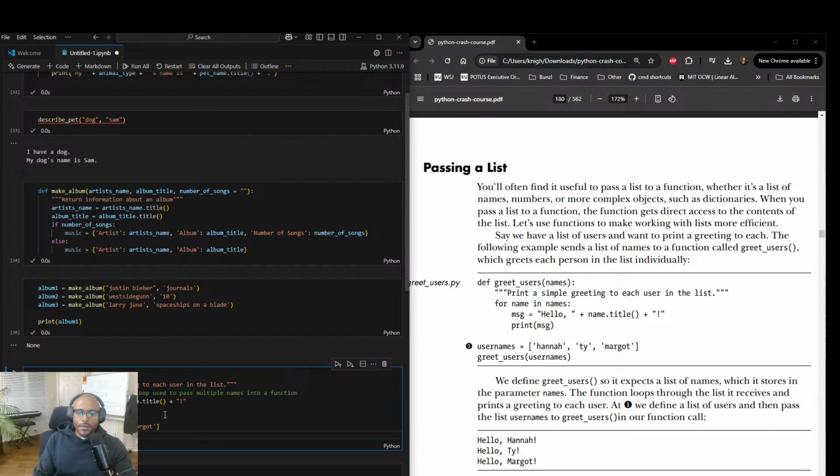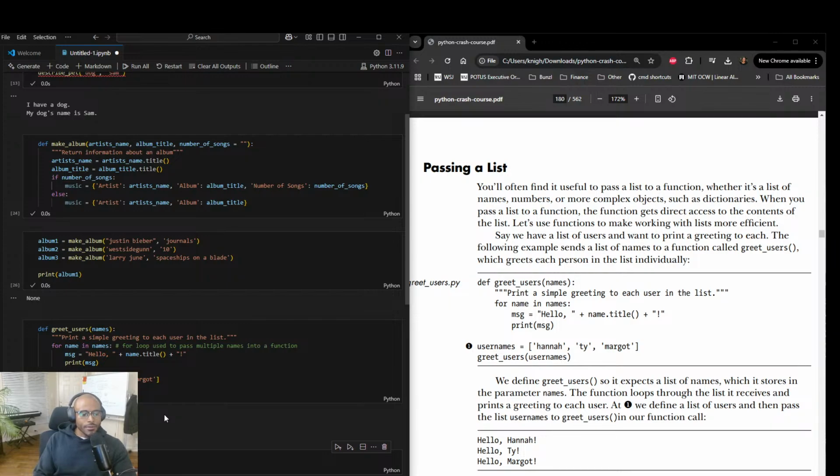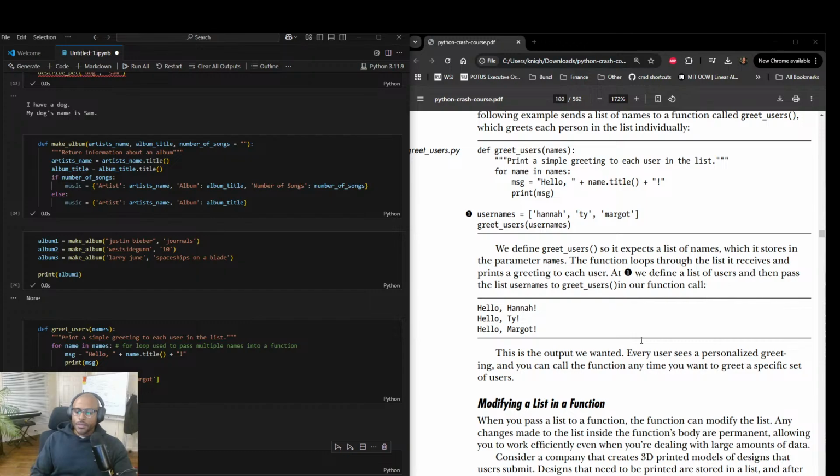Usernames. Okay. Greet users. Okay, what we got going here? We define greet users, so it expects a list of names, right? Which it stores in the parameter names. Okay, the function loops the list, and prints a greeting to each user. And we define a list of users and then pass the list usernames to greet users in our function call.